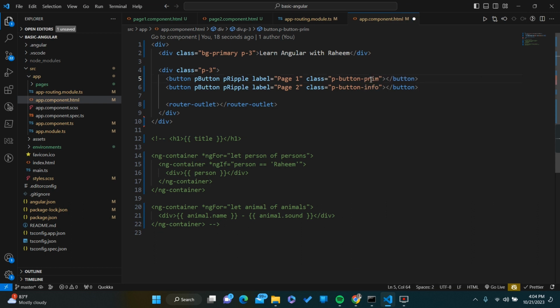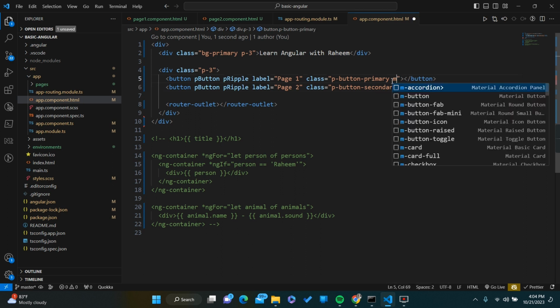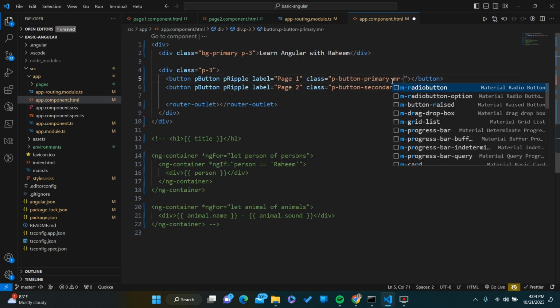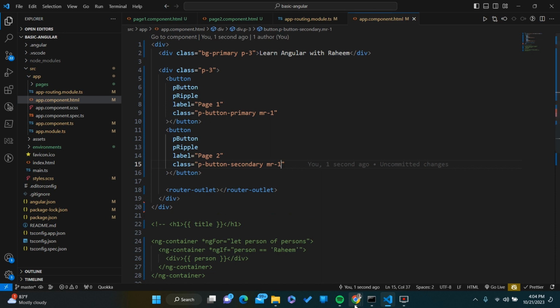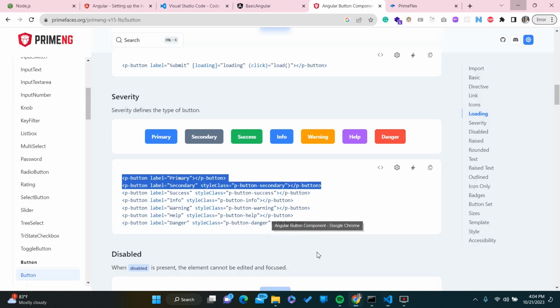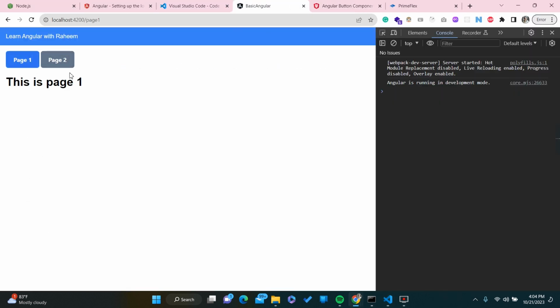Okay, we can use the primary, and this is secondary, right? And also I want to add the gap here. So to do that, what you need to do is margin right 1. So if you do that, it's basically getting added some gap between